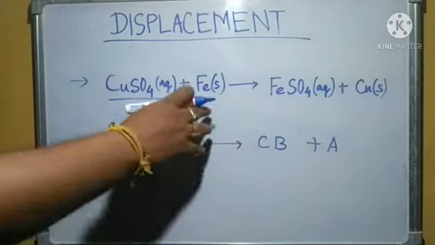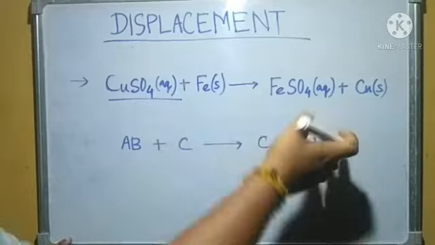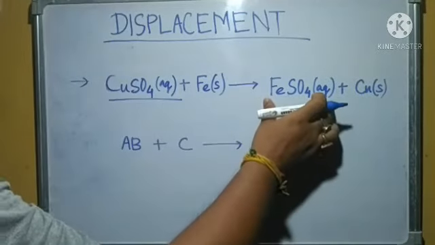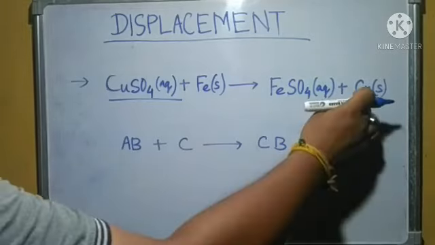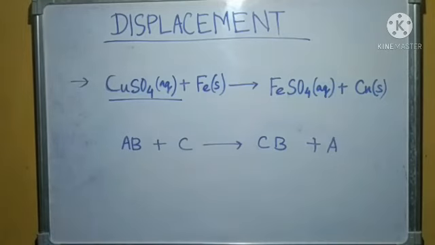So iron is in its solid state, and what we are getting after some time is ferrous sulfate. Okay, and with ferrous sulfate we also get the green colored solution. So ferrous sulfate is also present in its aqueous state, and what we have seen is that copper deposits over the iron nail. Since it deposits, only a solid can deposit. So it is depositing over the iron nail, that is, copper is also in its solid state.